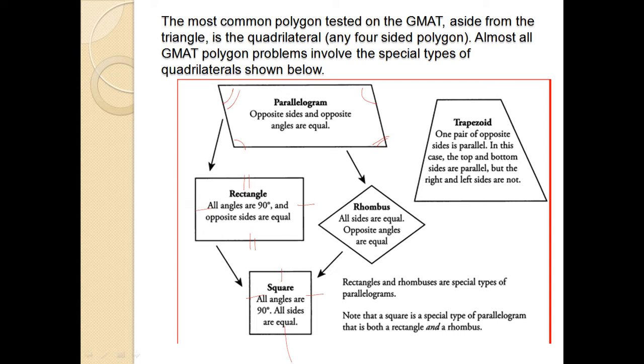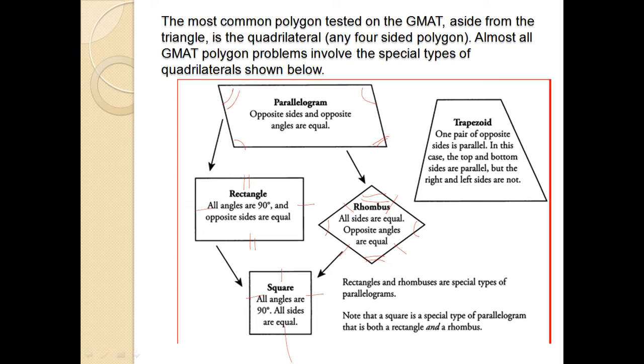A rhombus is a type of quadrilateral in which all sides are equal, but one thing we should observe is that the angle is not 90. In a square all sides are equal and each angle is also 90, but in a rhombus the sides are equal but the angle is not 90. Opposite angles are equal, not 90 but equal. This angle is equal to this angle. If these angles were 90, it would become a square. So in a rhombus the sides are equal and opposite angles are also equal, but not 90.